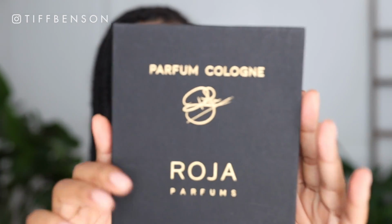unboxing. So I love Roja Dove. I love his fragrances. Some of my favorites are Creation E. I'm a huge fan of Elysium. I love Elysium. And now he's come out with 4 new additions to his line. They're colognes, and I'm excited to try them out. So here's the packaging